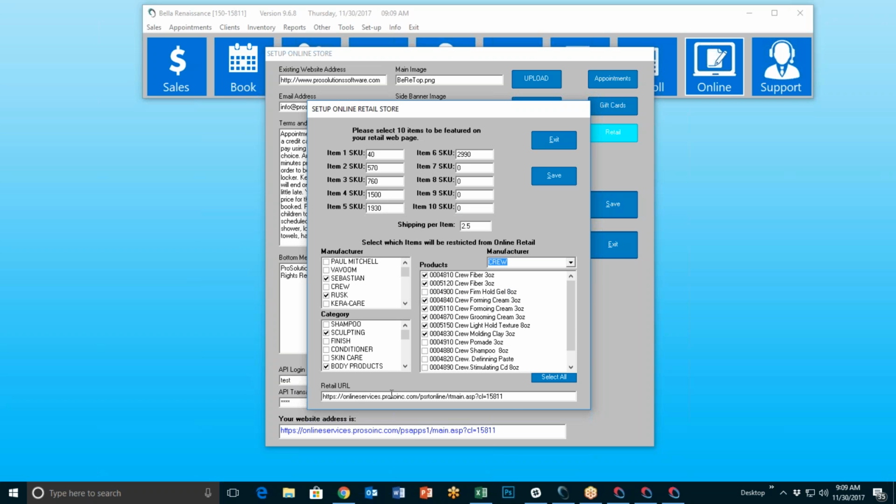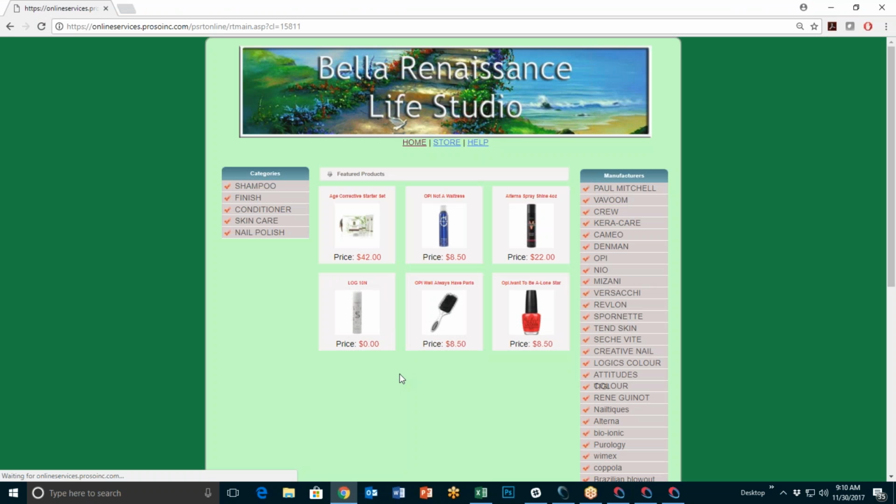Notice there is also a retail URL. So again, you could put a button on your website that says click here to purchase products online, or something to that effect, and it will bypass the main store screen, and it will take them directly to your retail online, which may look something like this. I've got my 6 featured products shown,